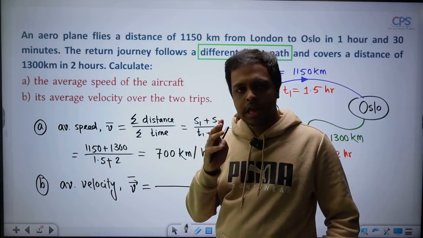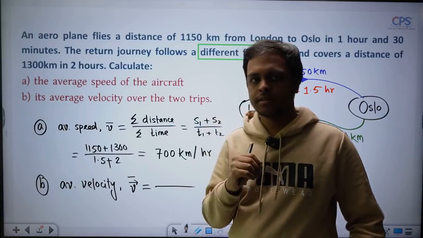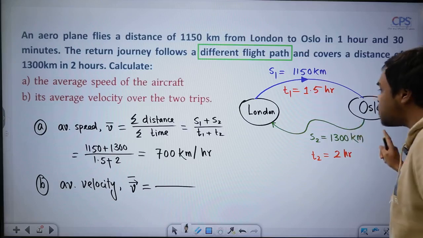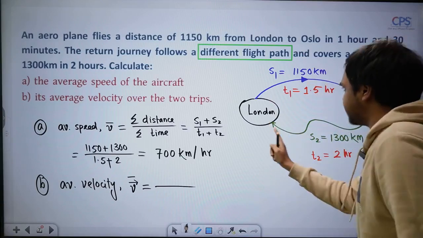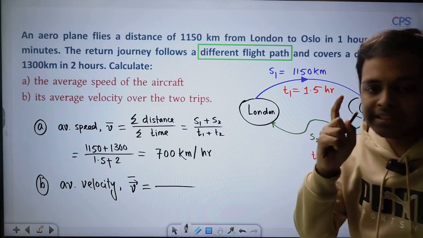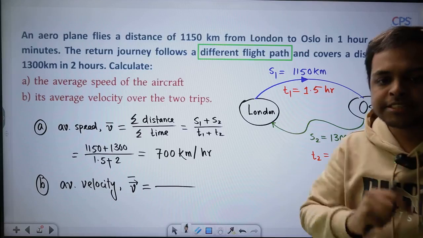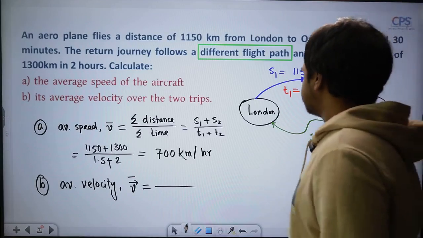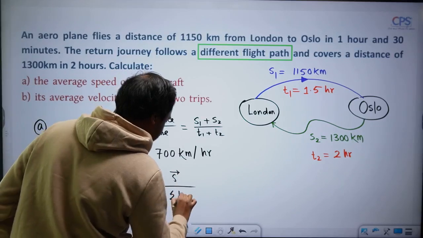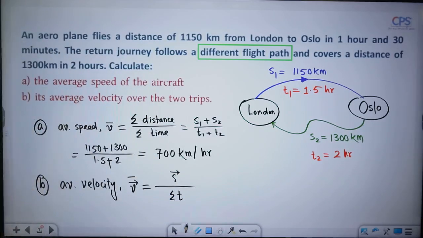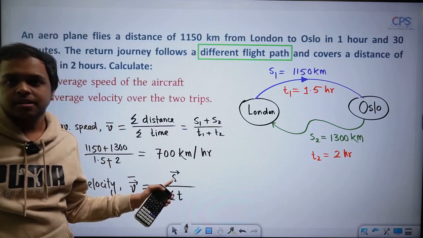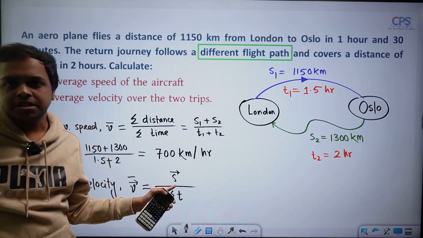Right now you are calculating the overall, through the overall time, right? You are calculating for 1.5 hours and 2 hours overall, so 1.5 plus 2, 3.5 hours you are calculating it for. In this time, what's the displacement? See here, the displacement, what we call the S vector, and under it is the summation of the times together.